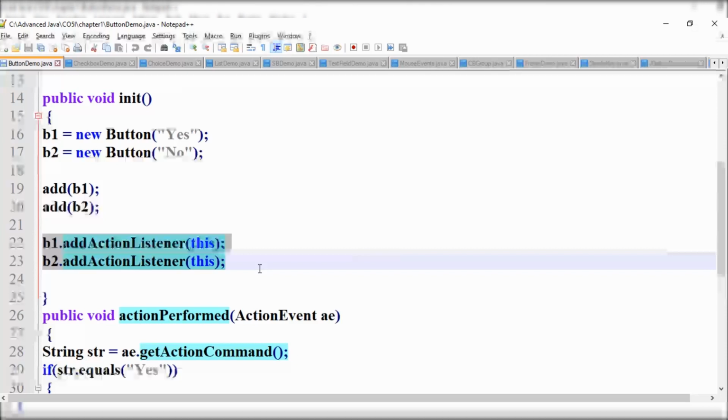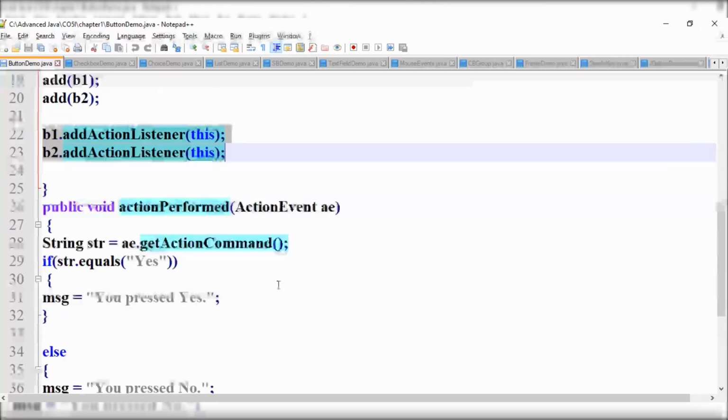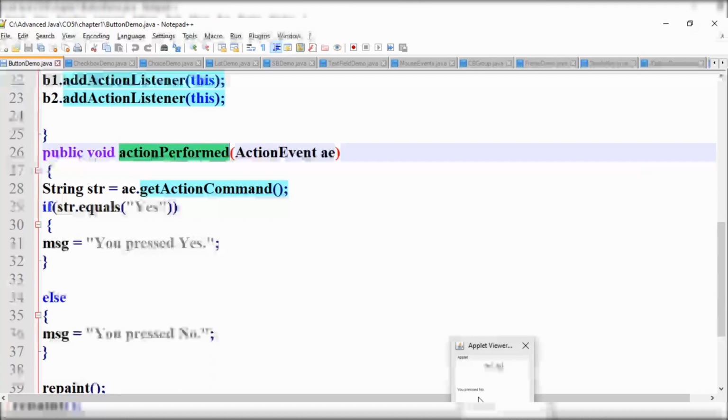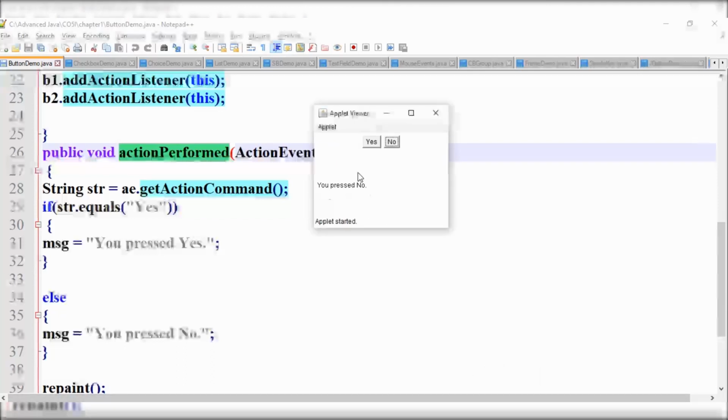Registration means informing. Next, the fourth required thing for event handling is a method, the method which handles this code. If you click on yes, it should display you pressed yes. If you click on no, it should display you pressed no.